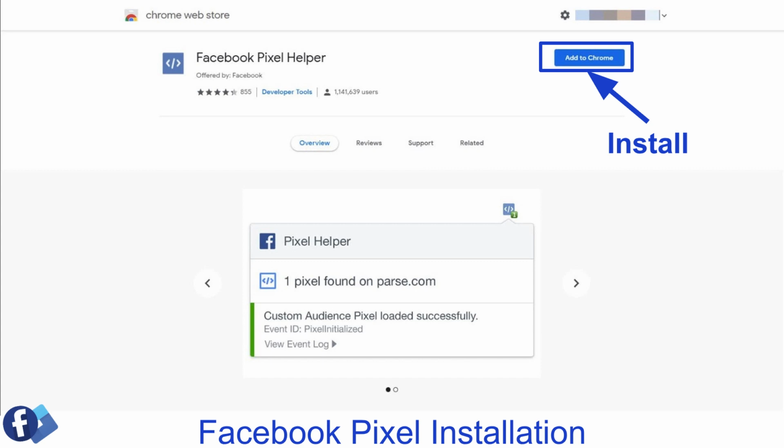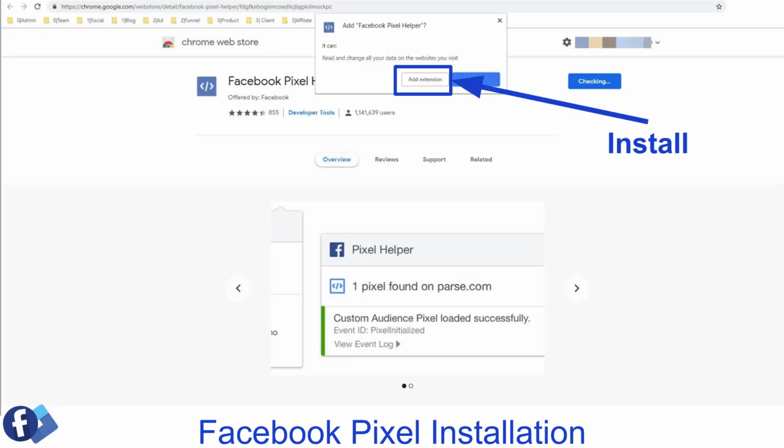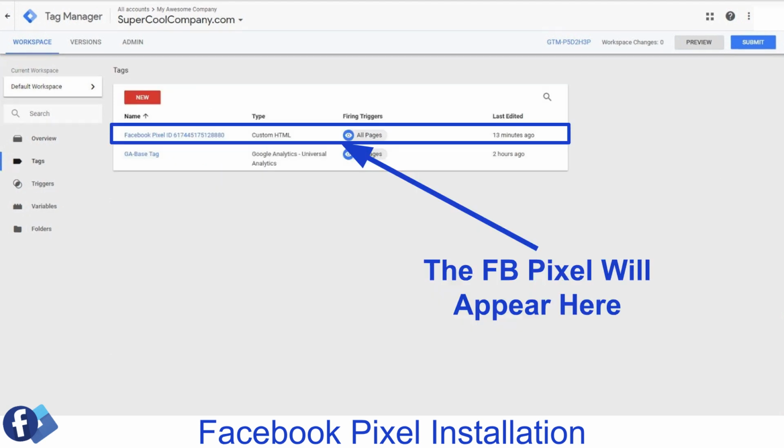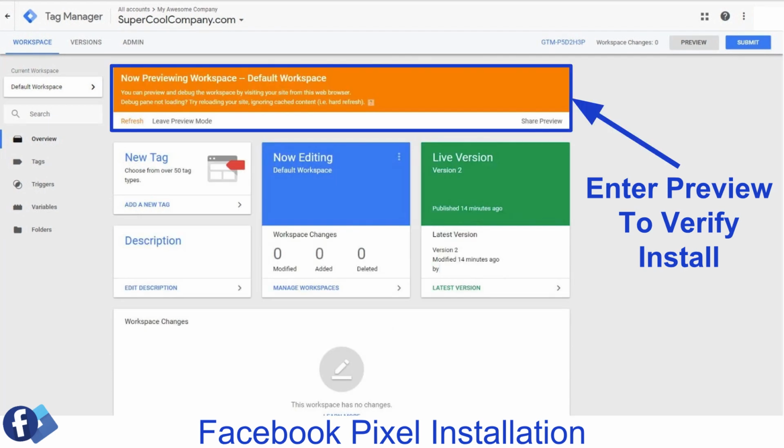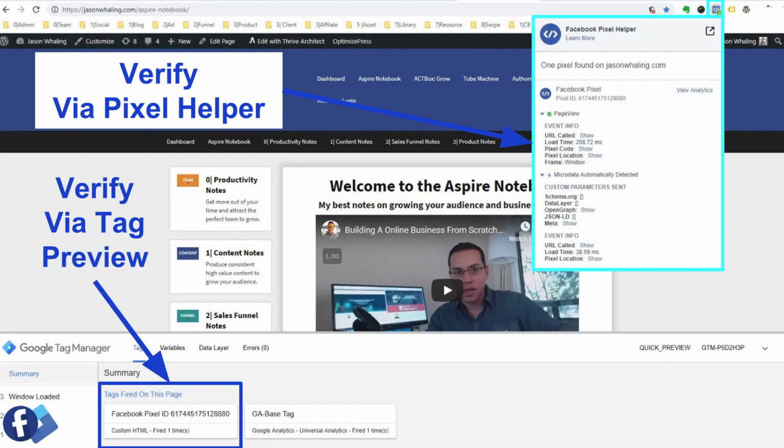We'll click Download Now, add to Chrome, and once we've added the extension, we'll go over to Tag Manager, click on Tags, and verify that the Facebook pixel is actually there. We'll be a little OCD, just making sure that everything is working correctly, because there are no redos. We'll go back to the home page, and click on Preview, just to make sure everything is ship shape. We'll be notified that we're in preview mode, and then we'll go over to our site and refresh the page, and now we can see the Facebook pixel has fired. We can use the Facebook pixel plugin that we just installed to see the page view data that the Facebook pixel has collected, along with the automatic microdata.